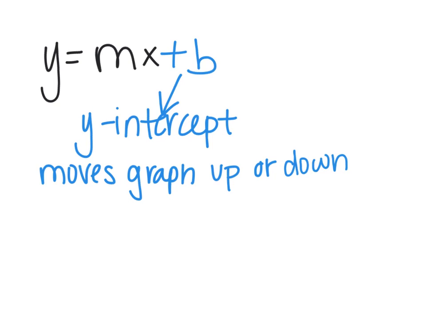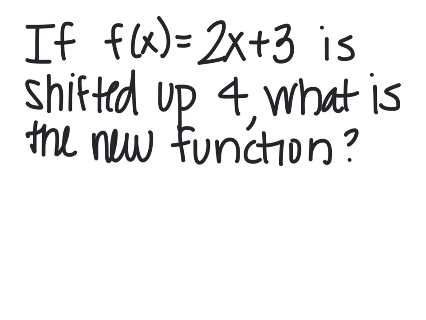So we learned today about what happens when you change the y-intercept of the graph. And anytime you change the y-intercept, that means you're changing the point where the graph crosses or touches the y-axis. Whenever you change that, it moves the graph either up or down, depending on what number it changes to. So if f of x equals 2x plus 3 is shifted up 4, what is the